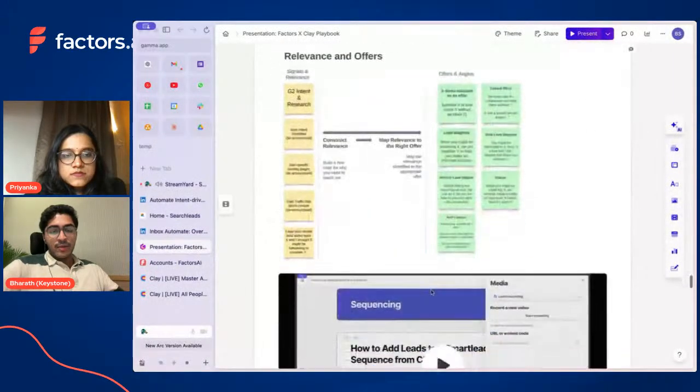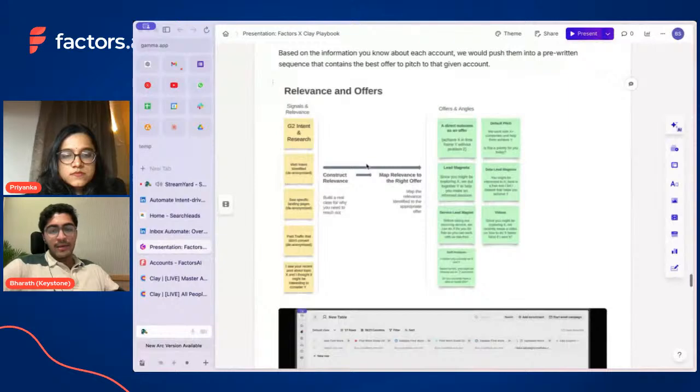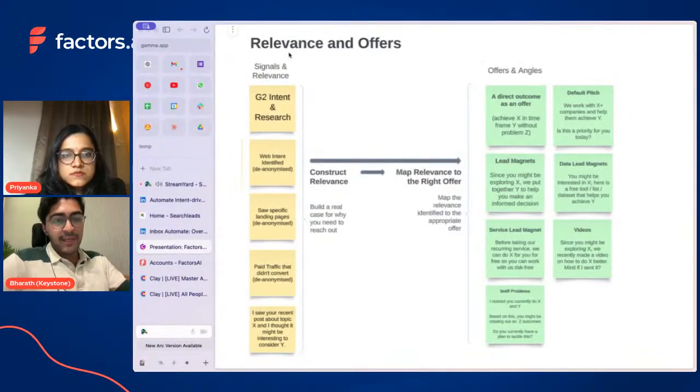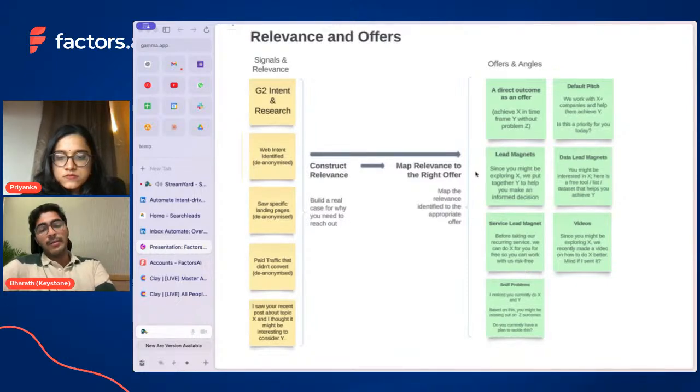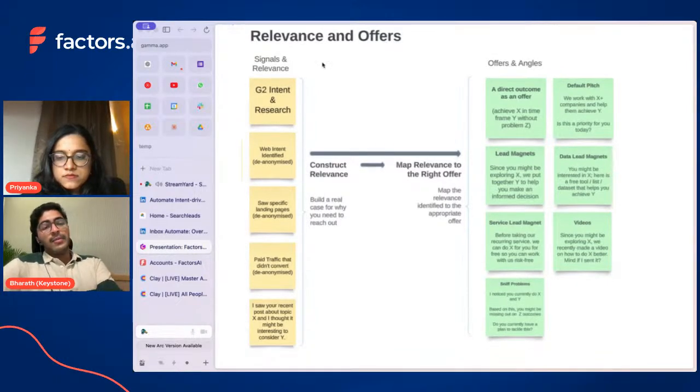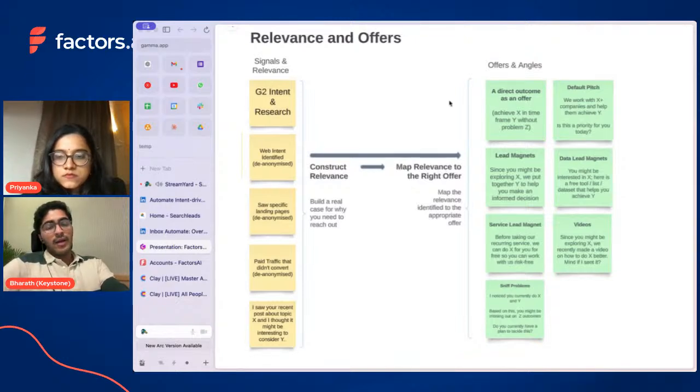So one of the things that we're trying to build is this: you might have many signals and relevance happening across different things, but how can you map it to the right offer? You could consider an offer as one of your product lines, as a giveaway, or as an upfront service that you fulfill using some AI backend, and so on. But if there are many signals detected and they're coming to a segment, how do you correctly map it to the right offer? So this engine can be built using Clay.